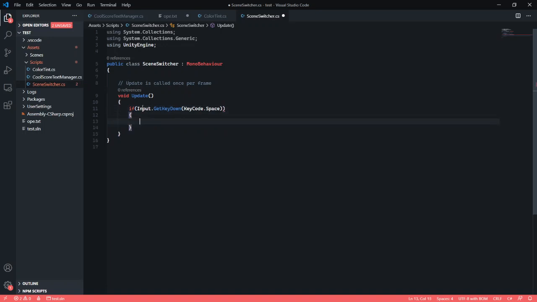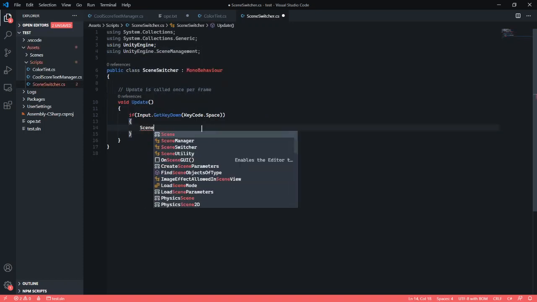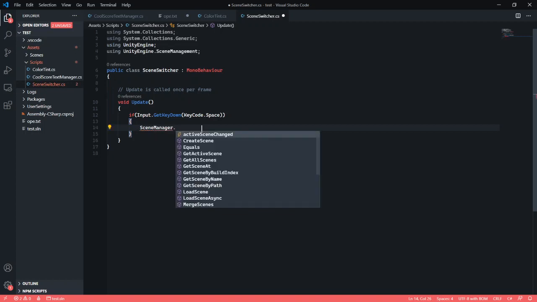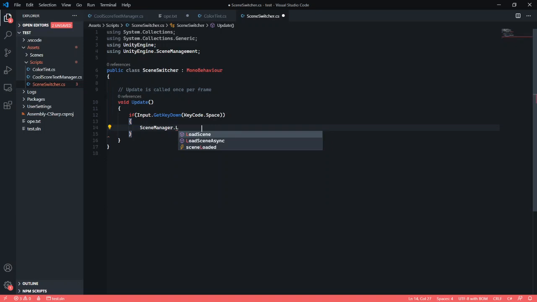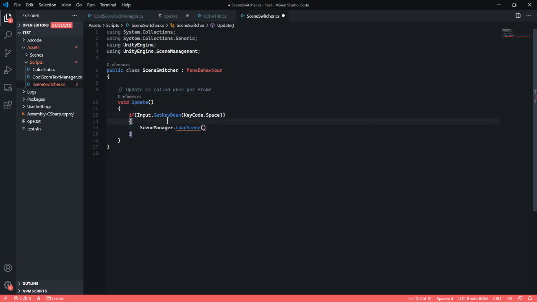If we get the space bar, what we want to do is use UnityEngine.SceneManagement. We're going to call SceneManager.LoadScene. Well, we have 2 scenes, right? So